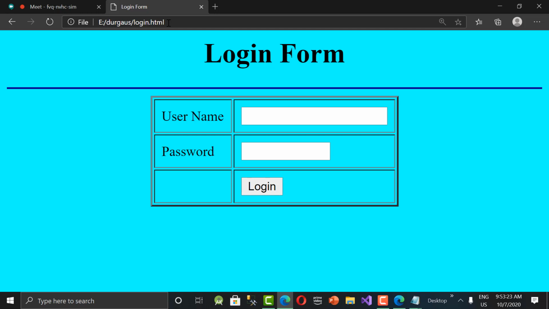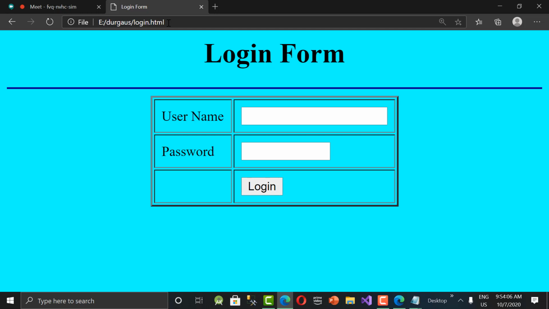So it is submitting details actually. Get and post both submit to the server, but how they do it is different. The first difference is how data is passed. The get method passes the data through the URL, that is through the address bar, so everybody can see what you have entered. But if you go to post, it is hidden, so it is secure. That is why post is the most preferable way to submit values to the server when you are entering confidential data that you don't want to show to others, like password, PIN number, CVV. So better to go for the post method.